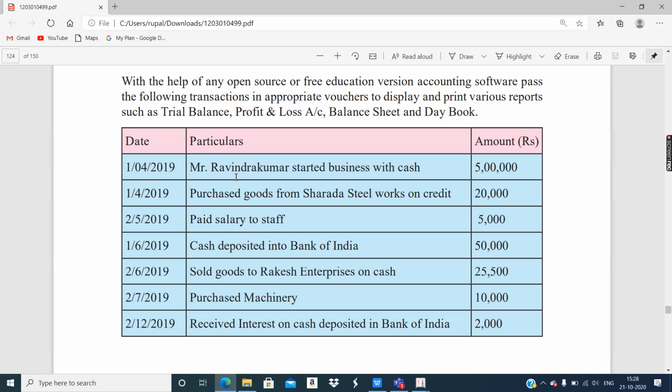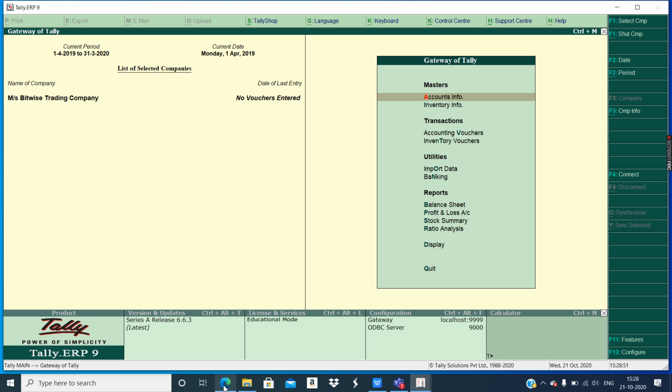And in vouchers, we generally do ledger entries. That means each and every entry that we are passing in the voucher is actually a ledger. So you can first create the ledgers and then do the voucher entries. Otherwise, in the voucher creation screen itself, you can create the ledgers as per your requirement. Okay, so we are going to follow the second way. Okay, so let's start.